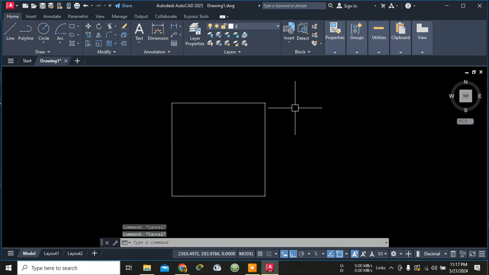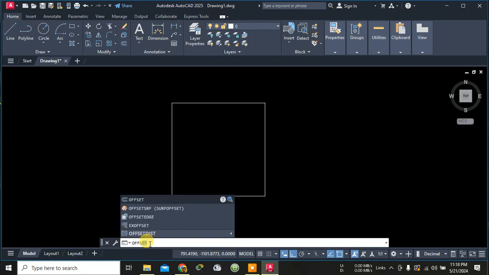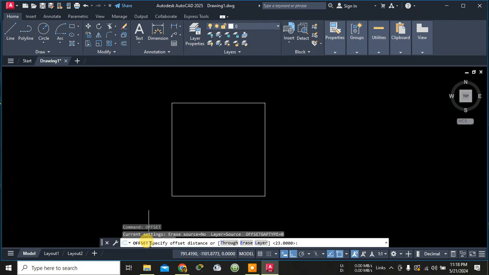Now let me do one thing. In this square, let me draw parallel lines. In order to draw parallel lines, you have to use the offset command. So you can simply type in the command box offset and press enter. Then you can